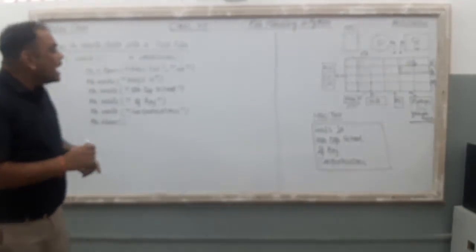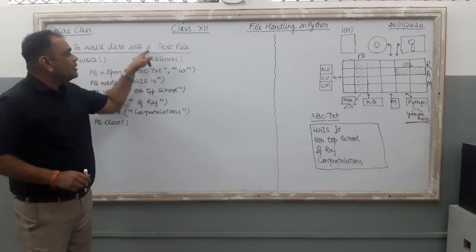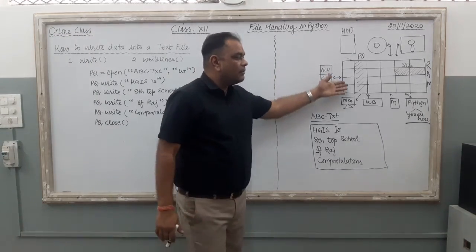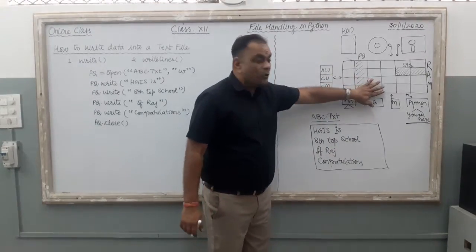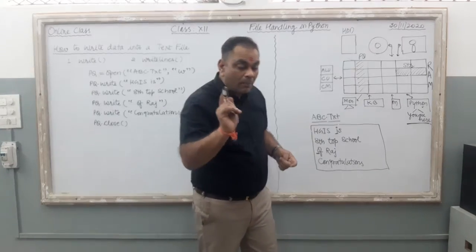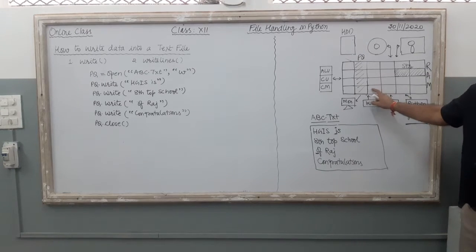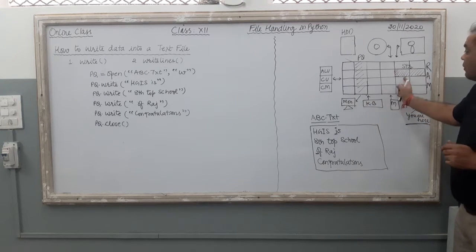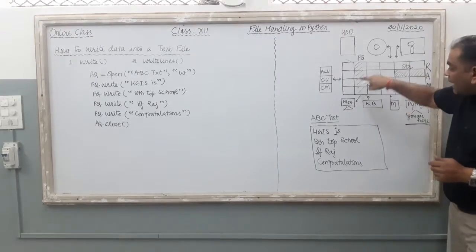Clear? Now, what are the commands here? Our today's topic is how to write data into a text file. For that, just see the diagram. This is the diagram. Here it is your Python, and you want to store your program data. आपके program का data रहता कहाँ है? Very first thing, your program data remains inside your computer's memory, here inside the RAM, and your work is you have to shift your data from the memory to the file handle.